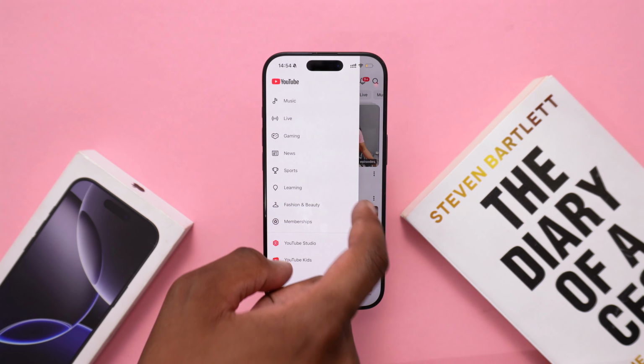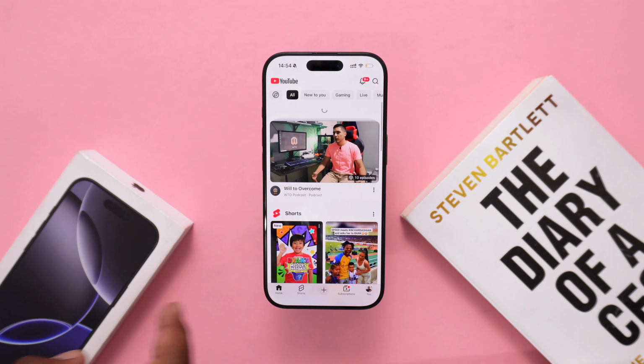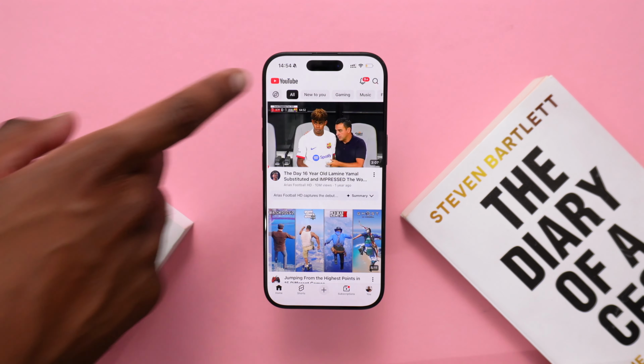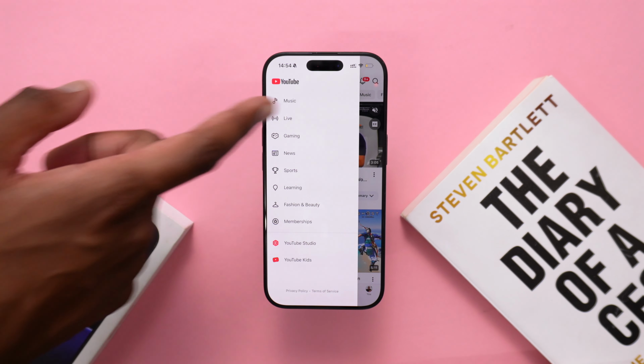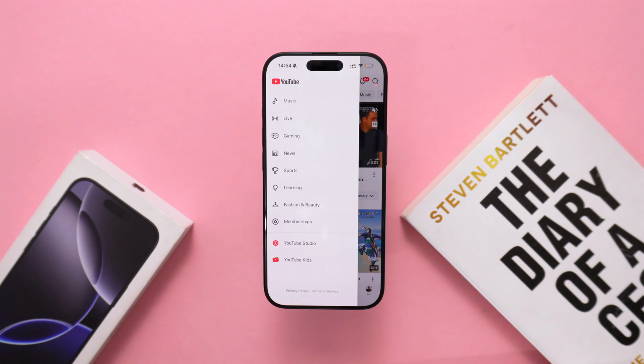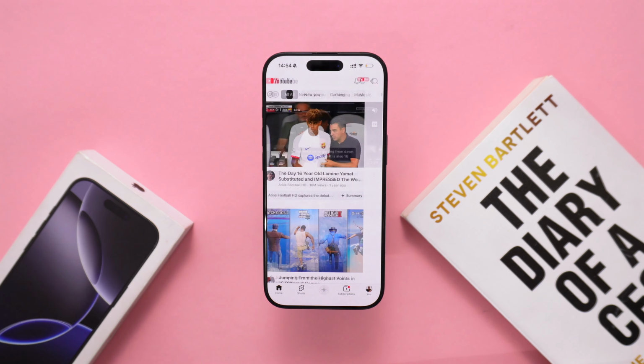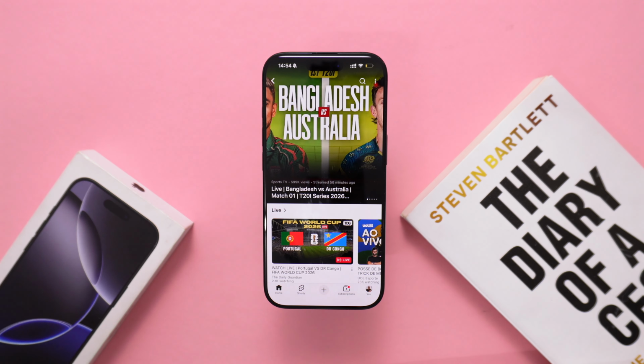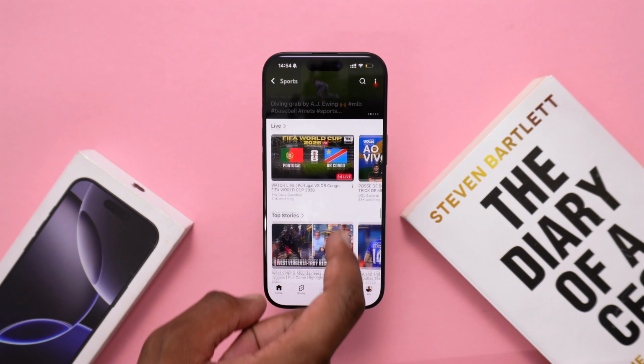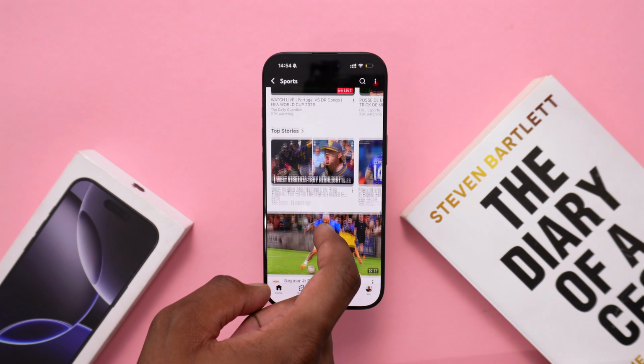Now, what you're going to do is simply launch YouTube and then scroll once, okay? And then you do have in here this section that allows you to see music, live, gaming, news, and sports. Let's, for example, tap on sports. You need to hop into that specific section that you wish to check the type of trending content that we do have. Next up, let's quickly scroll down, and then we do have in here top stories, for example,